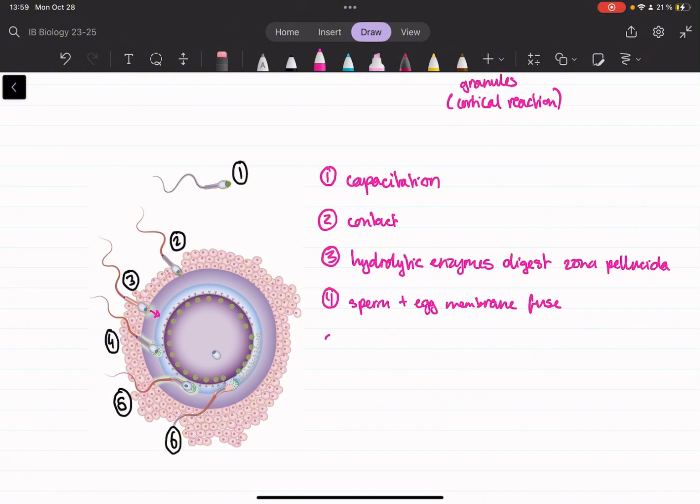So this will trigger the cortical granules to undergo the cortical reaction,